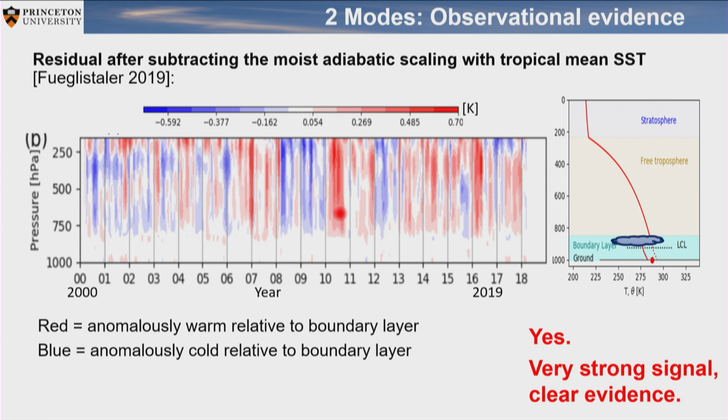So the interpretation is here. It means that compared to the average boundary layer state, the free troposphere is anomalously warm. We don't know what the mean is doing here, we've taken that out, but it means that the warm end is anomalously warm compared to the mean. So this is a state where we have a stronger inversion strength, and then you see here a weaker strength. And so it's very clear: this is not noise. This is a very, very strong signal.